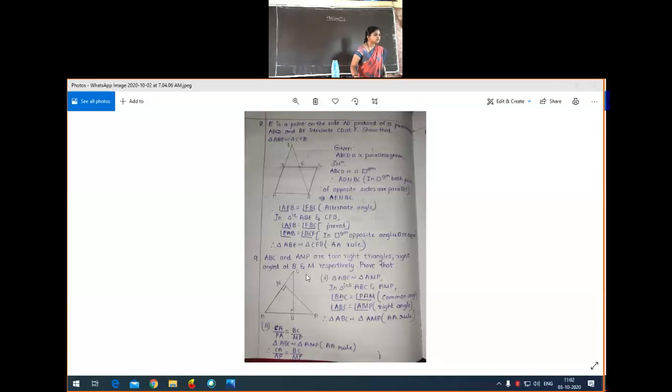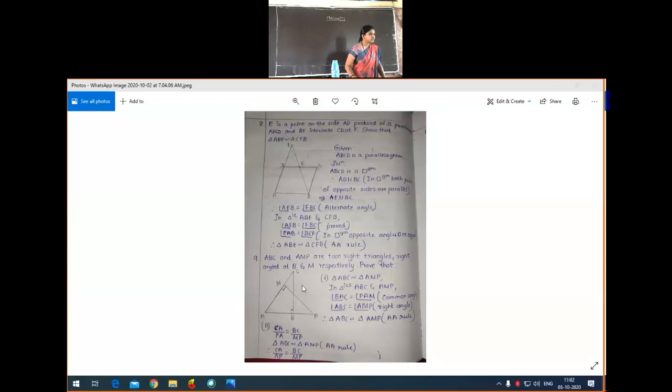First we will finish 2 or 3 problems. Later we will spend time on the discussion of your doubts. I'll start with the 9th problem without wasting time. We are solving problems based on the similarity of triangle criteria, that is AA similarity criteria, SSS similarity criteria and SAS similarity criteria. Using those criteria we have finished one example problem and also the exercise's first 8 problems.